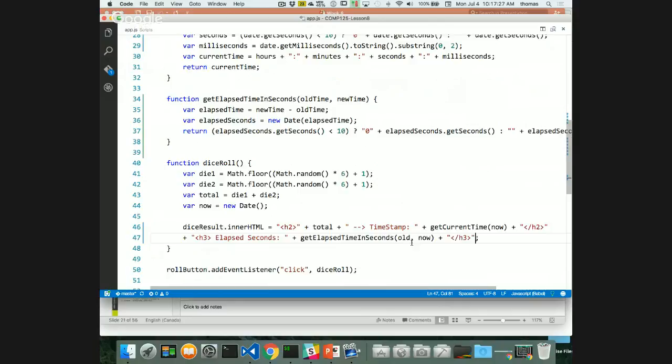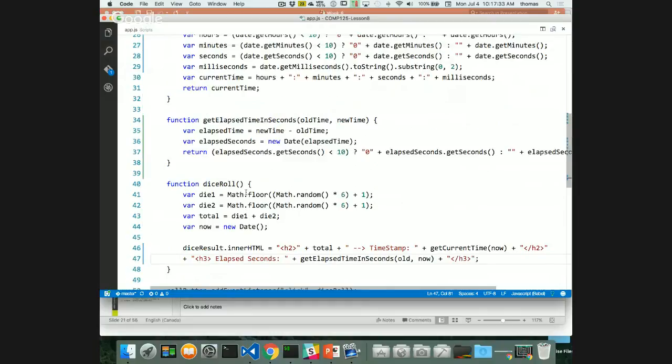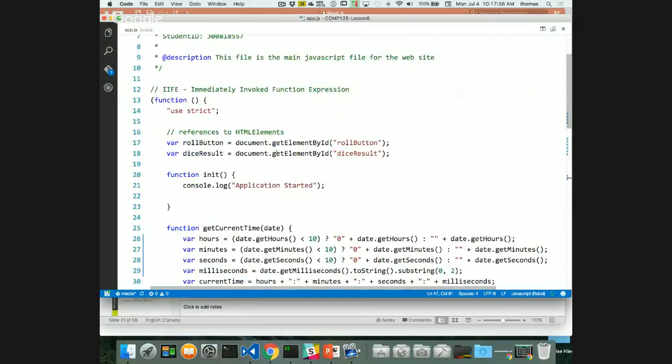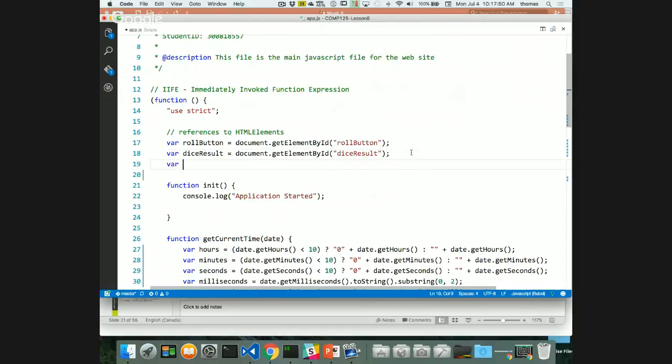Okay, I don't have old. How do I get old? Well, old has got to be something that's held up here, so it's outside of my function block. So it's in this scope, in the function scope, in the IIFE, so that'll keep track of what my old value is, right? So I want to do something like this: var old is equal to date,